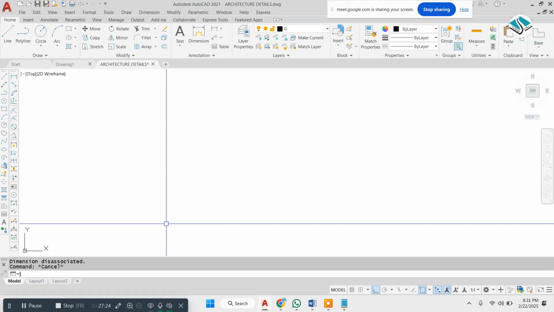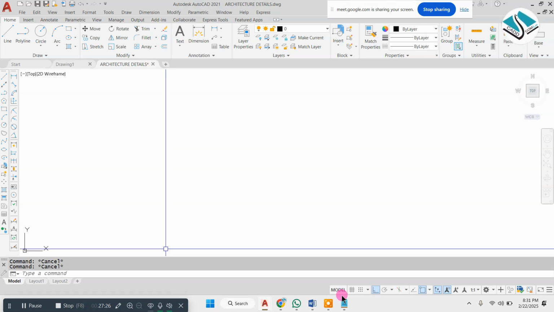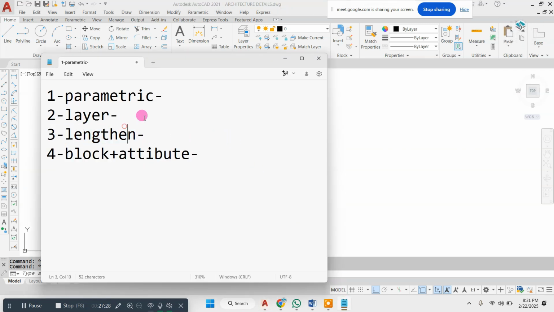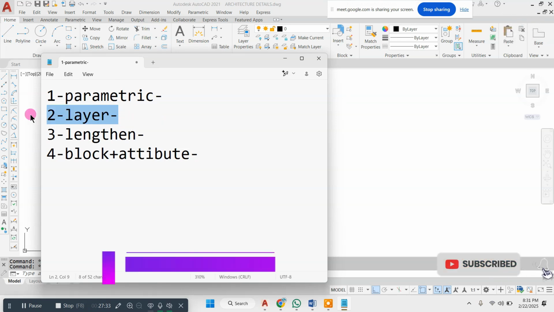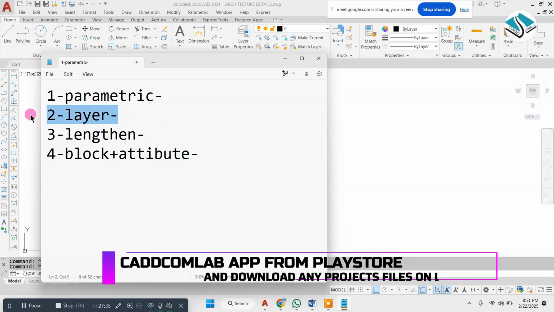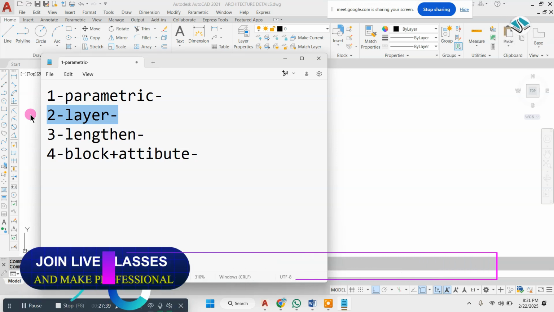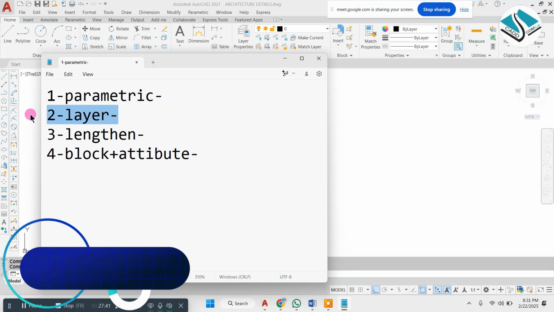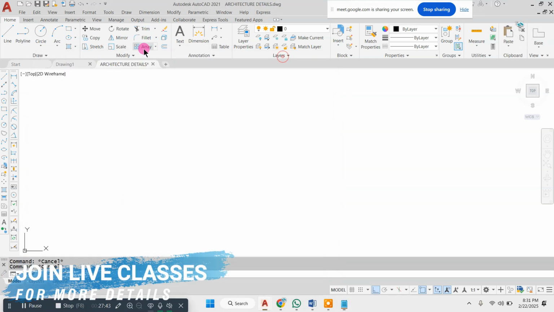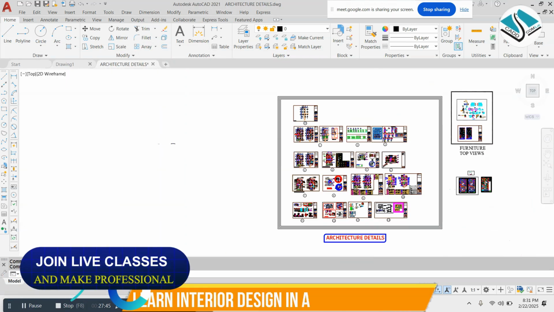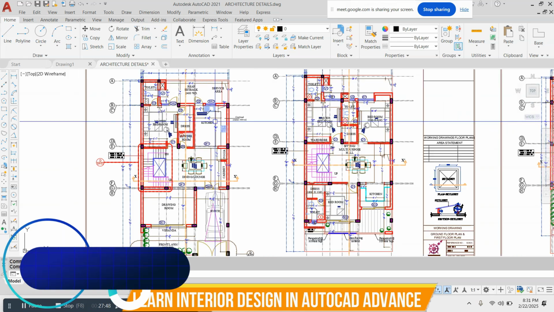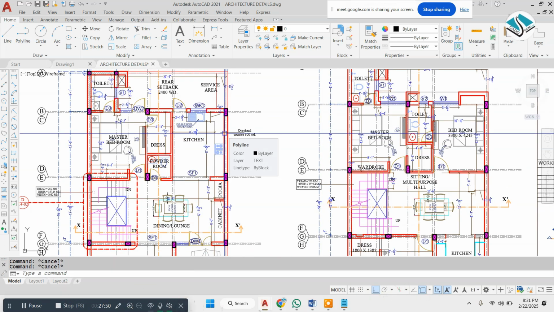The layer option is the most important option for our project. Without layers, my project will not be complete. Why? When we design any floor plan, any detail project, then every detailing